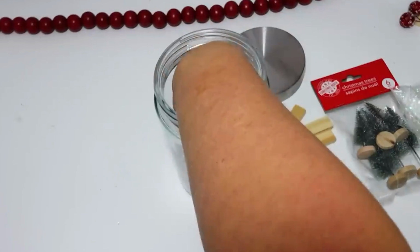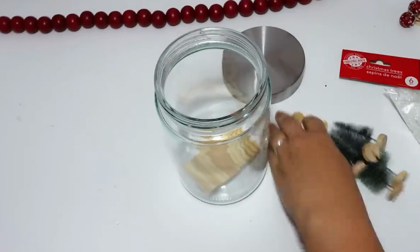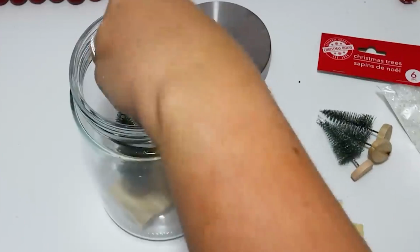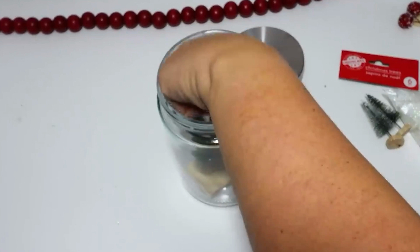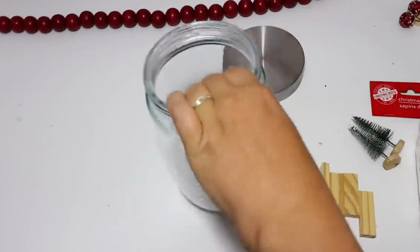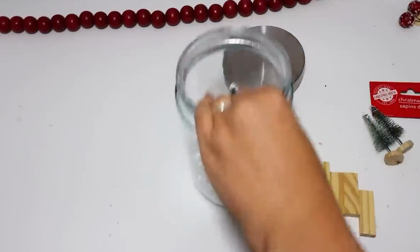So for this, I just wanted to share with you really quick how to put together a really fast little snow globe. I glued down and made a little platform using the tower blocks, glued that down in the bottom, and then this pack of trees actually comes with 2 taller ones and 3 smaller ones, which is incredible. I added 3 in there and then added the fake snow to cover up the entire platform, and this